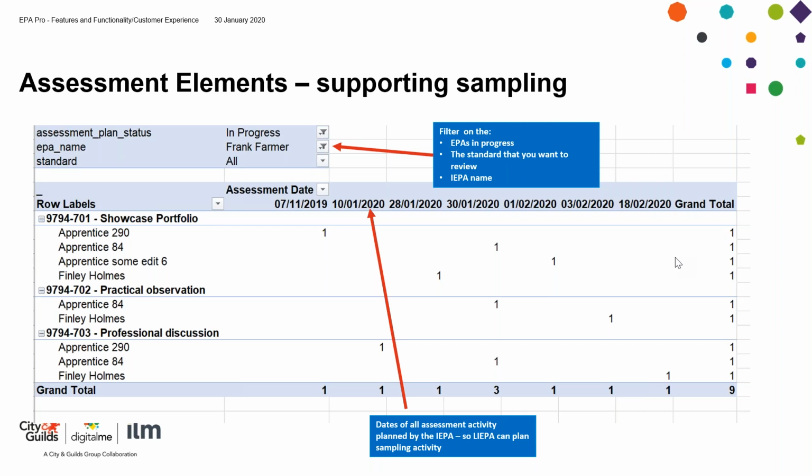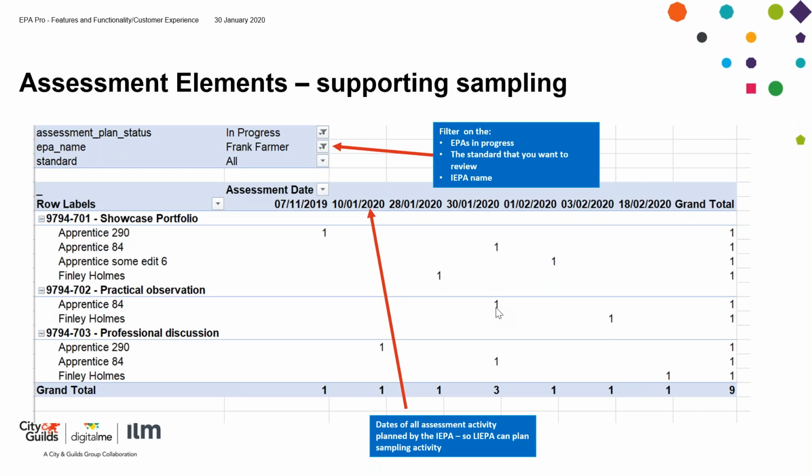Yeah, it absolutely does, because all of this data is taken from EPA Pro. What I would say, Veronica, is that if the IEPA is changing dates with the provider, they need to be updated on EPA Pro, because those dates, set by the planning meeting or subsequent planning conversations, drive everything that happens on the portal. So if, for example, they've set the date of the 30th of January for this particular apprentice to do a practical observation, but they've had a conversation separately with the provider to change that to the 18th, then that's a conversation we need to have with the IEPA, because they absolutely need to update the platform with any changes.